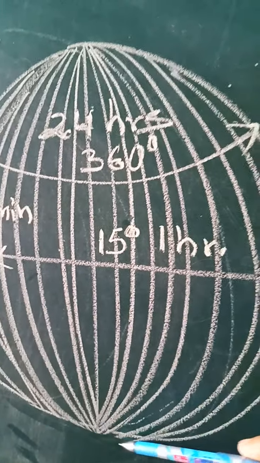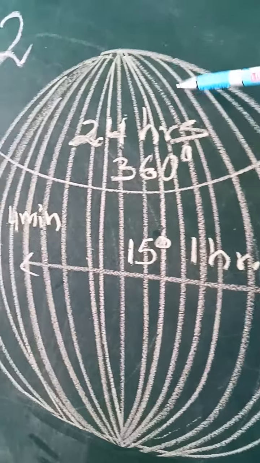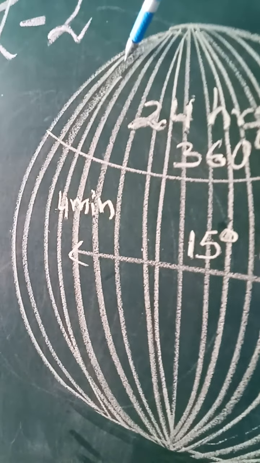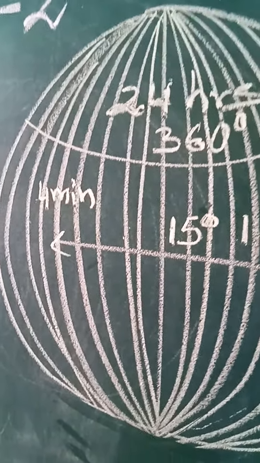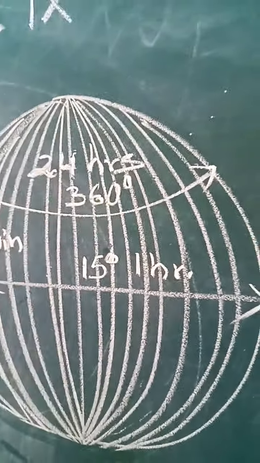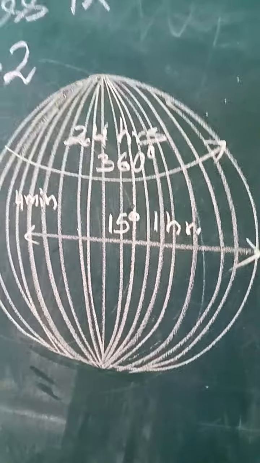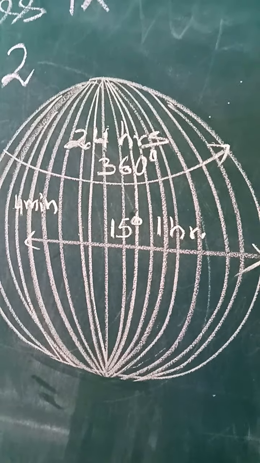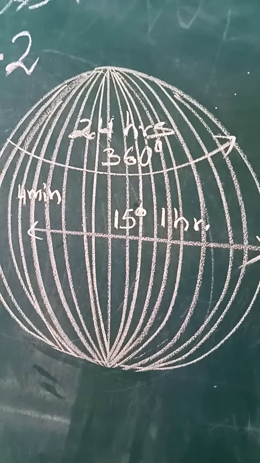Whatever line of longitude you take from any part of the globe, they will cut the earth equally every time, from this side going to the other side of the globe that you cannot see right now. So they will cut it equally every time. Hence they are called great circles, each line of longitude.